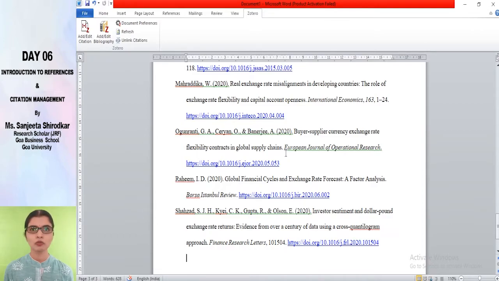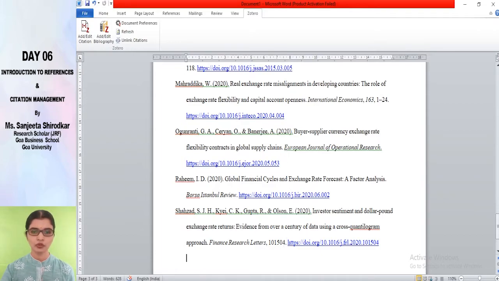Apart from that, you could just store your PDFs, mark up your PDFs, save your notes and all. So that makes Mendeley a one-stop solution for all researchers. And one more beauty of Mendeley is that it has an app-based application also for mobile phones, Android based. So you could save and also sync your references and work on your references through your phone also, which Zotero doesn't have. So based on your requirement, you could try out both and choose for yourself which one you would be more comfortable with.